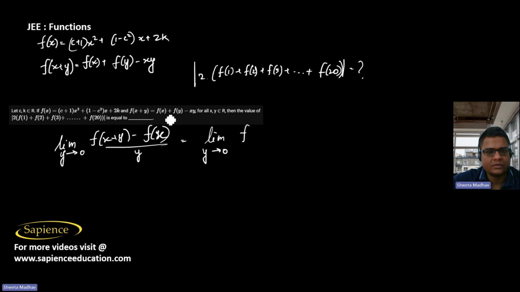So f of x plus y is f of x plus f of y, so f of x will cancel. So this will come f of y minus xy by y. So I can write this as f dash x. This is f dash x. So if we put y tends to 0,